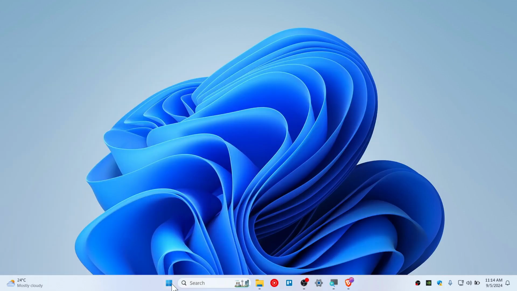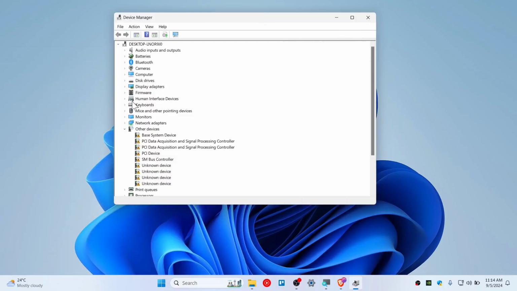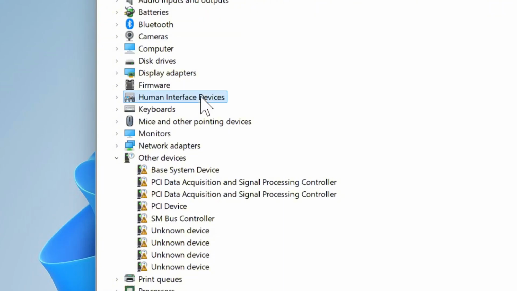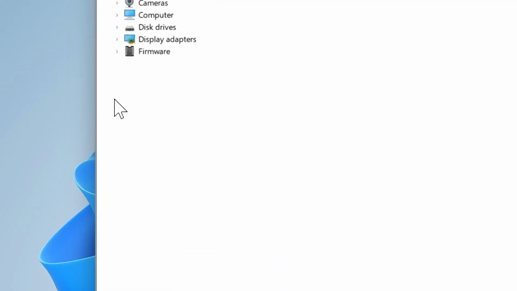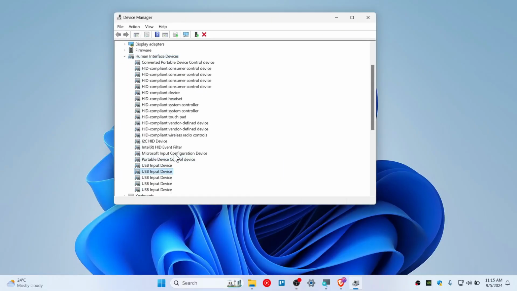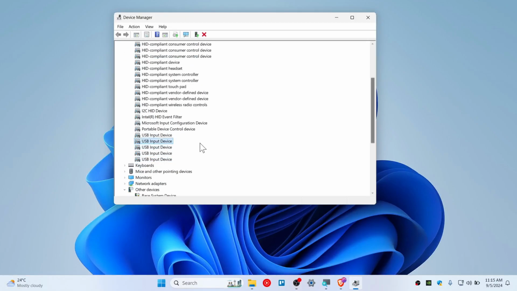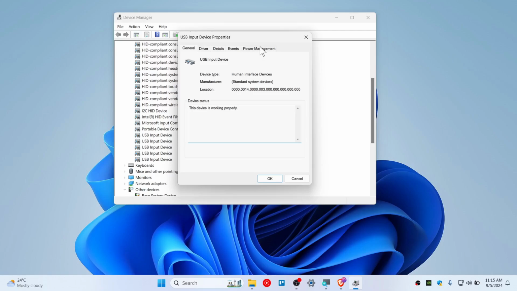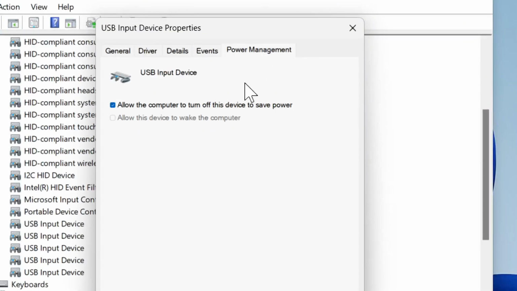Now right click on the start, go to device manager, and then click on this human interface device and expand it. So here is the USB input device that you have inputted all the USB. So you need to figure out which one is mouse. So in my case, this one is mouse, and go to power management and make sure to uncheck this allow